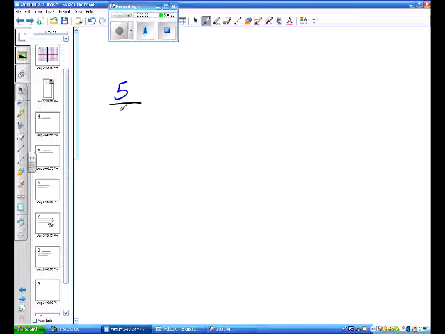I'll just change colors then. 5 over 2x is equal to 17/18 minus 1 over 3x. Now, what we're going to do here is we'll look to see what would make any